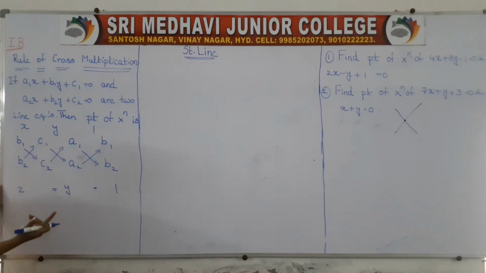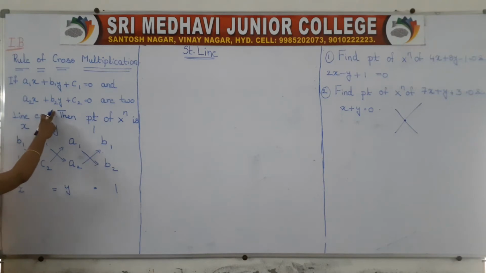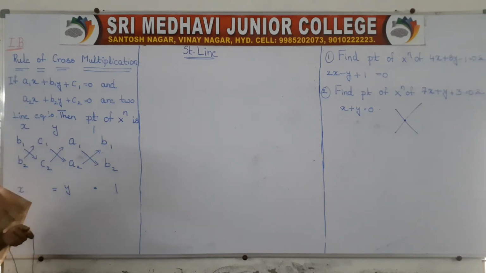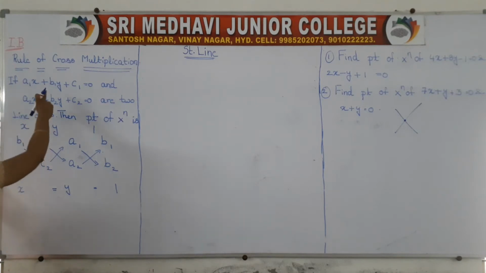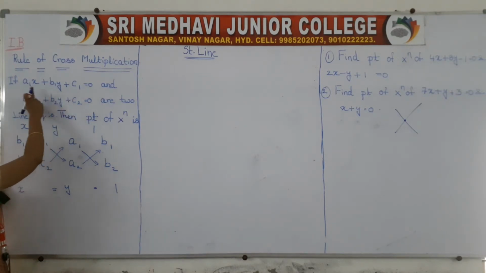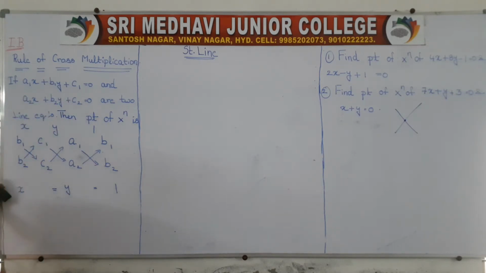What is the method? What is the procedure? Suppose 2 lines are given to us like this. Generally the line equation we take is ax plus by plus c equals 0. But here we have 2 lines, so to make the difference, I have taken a1, b1, c1 for the first and a2, b2, c2 for the second. First line should be in terms of ones and second line in terms of twos, so that we make the difference. If these are the 2 lines, how we find their point of intersection can be written like this in simple form.